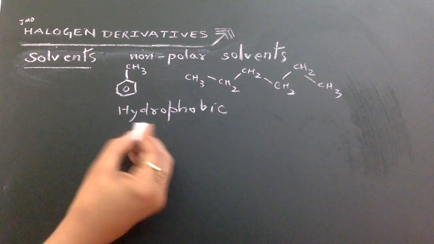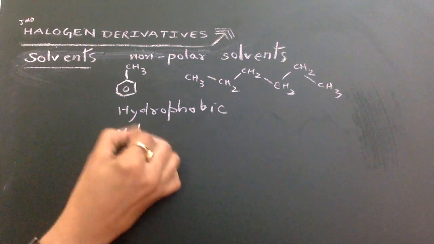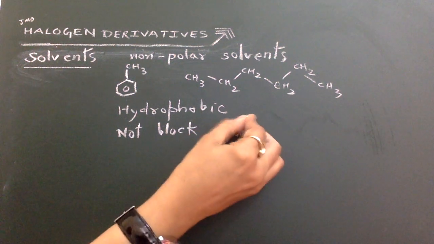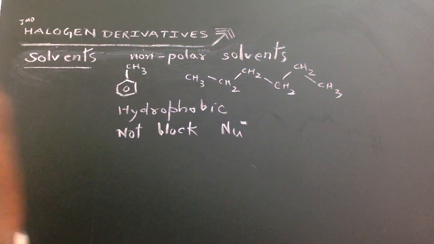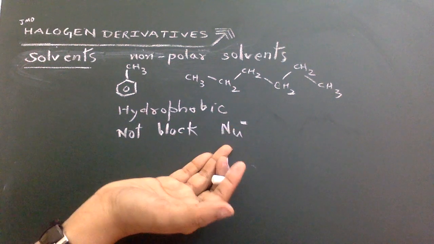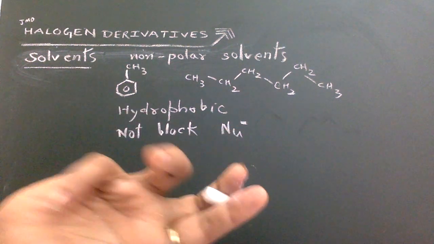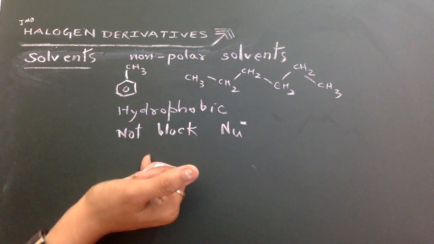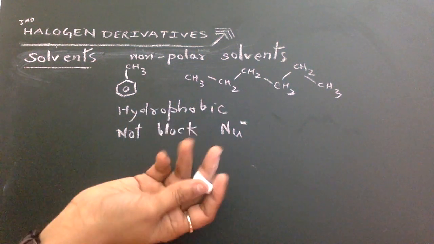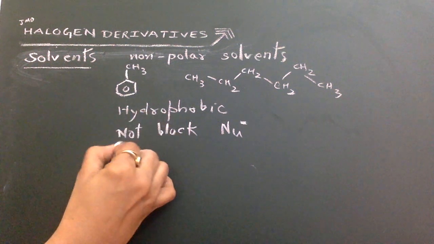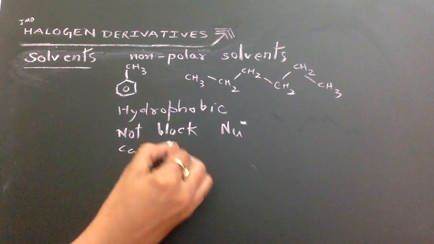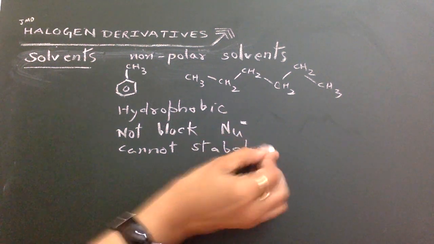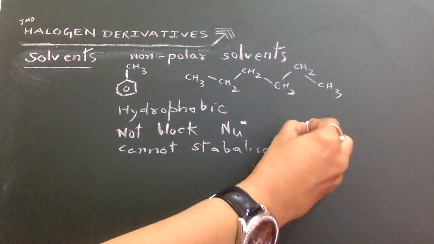They will not block the nucleophile. They do not block the nucleophile, obviously, because to block the nucleophile we need polar. भाई नेगेटिव को स्टॉप करने के लिए पॉजिटिव चाहिए ना, तो पोलार में पॉजिटिव नेगेटिव दोनों होगा. अभी देखा हमने थोड़ी देर पहले इसी वीडियो में. तो they will not be able to block the nucleophile. These solvents cannot stabilize the carbocation,